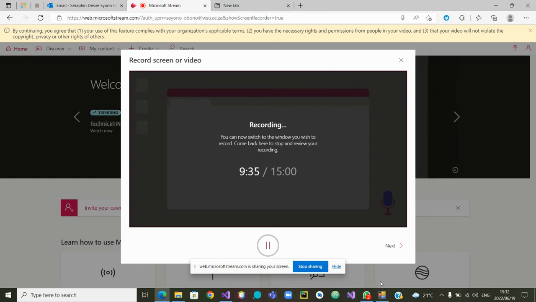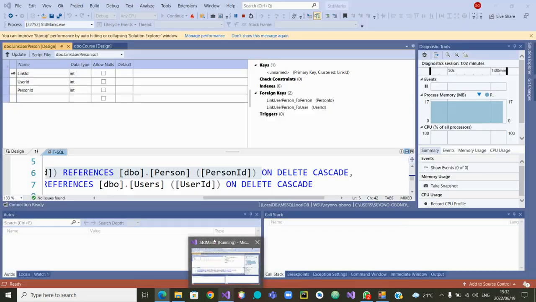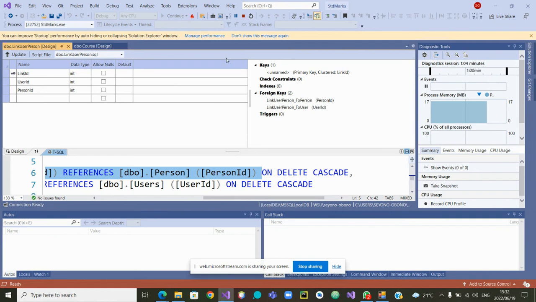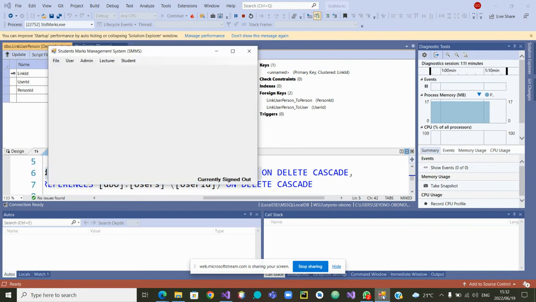Okay, down here, you can see the app has started. So I'm going back to Visual Studio and it's telling me the app is running. Let me try to click on the app. The app has opened. So here we were saying the login,